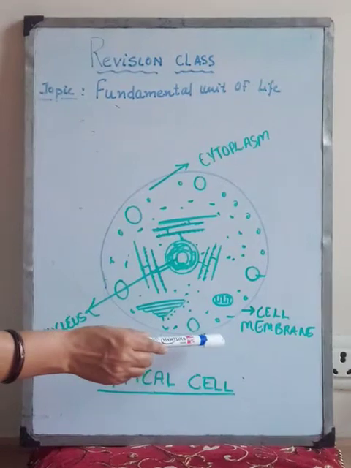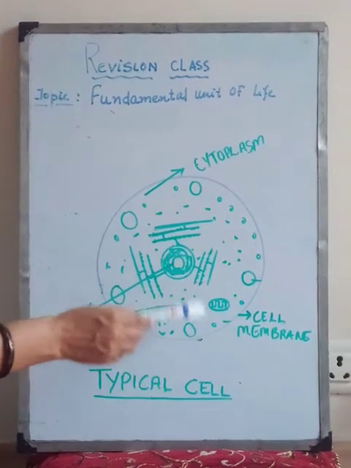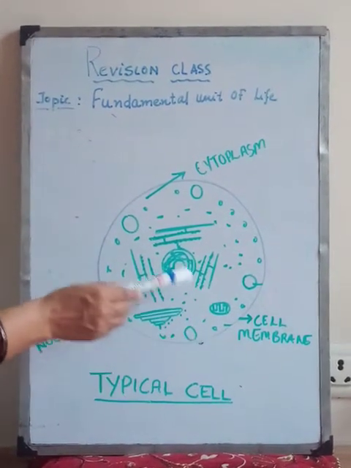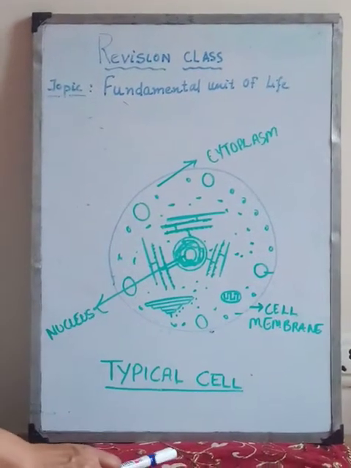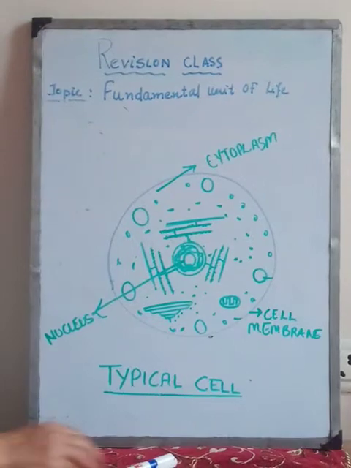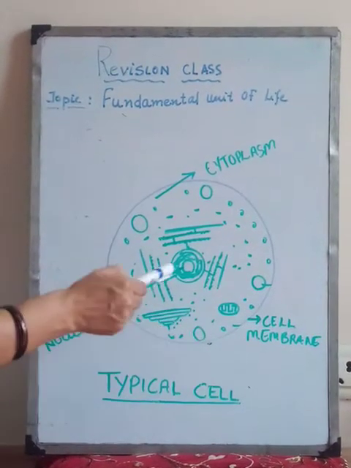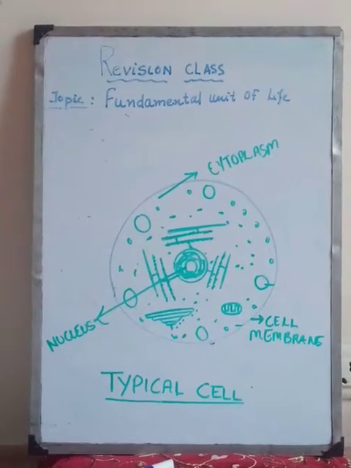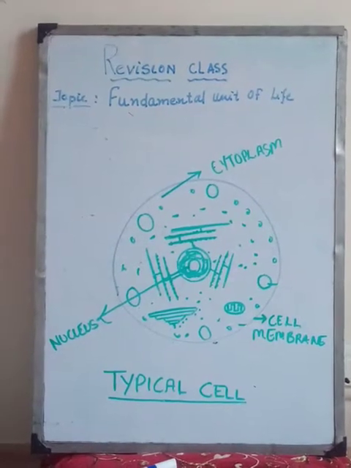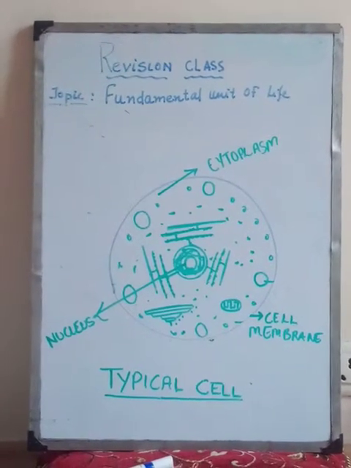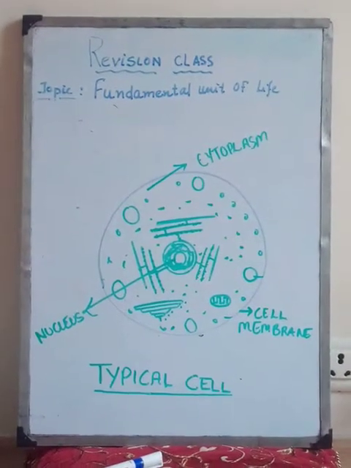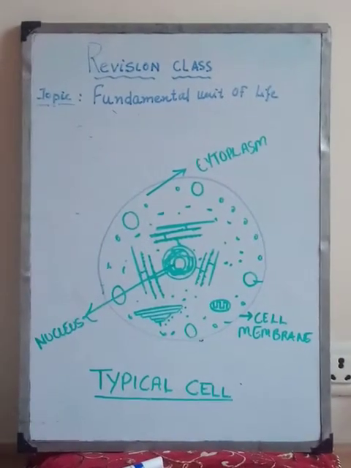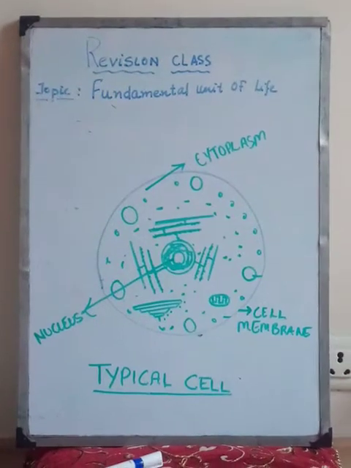The movement of substances takes place within the cell through the cell membrane. There are two processes involved in the movement of substances within the cell. One we call diffusion and another we call osmosis. Now, what is diffusion? The spontaneous movement of substances from the region of high concentration to the region of low concentration